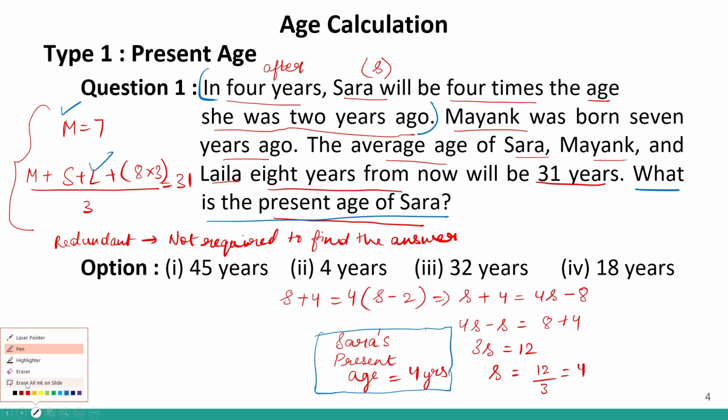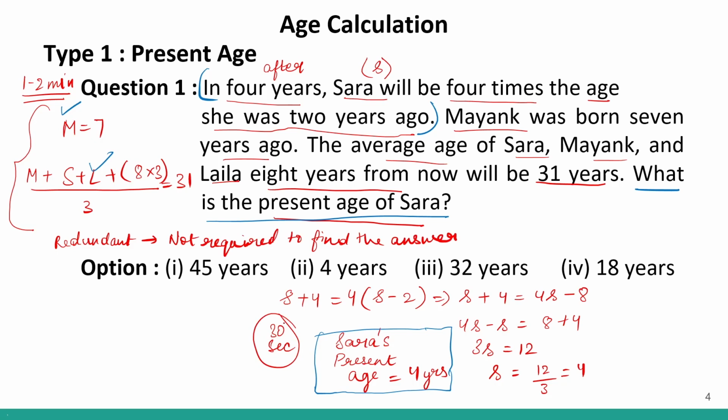So these types of questions sometimes come into your exam to trick you, because a person who did not read the entire question and was just solving would find the values of M and L. So it would take him around 1 to 2 minutes to solve the entire question. Whereas if you just find the value of Sarah, it just takes around 30 seconds. So who will have an advantage in your competitive exam? Somebody who takes 2 minutes to solve a question or somebody who takes 30 seconds? Obviously the 30-second person. So read the entire question, understand what is being asked in the question, and then start solving the question. These kinds of questions are there to trick you.